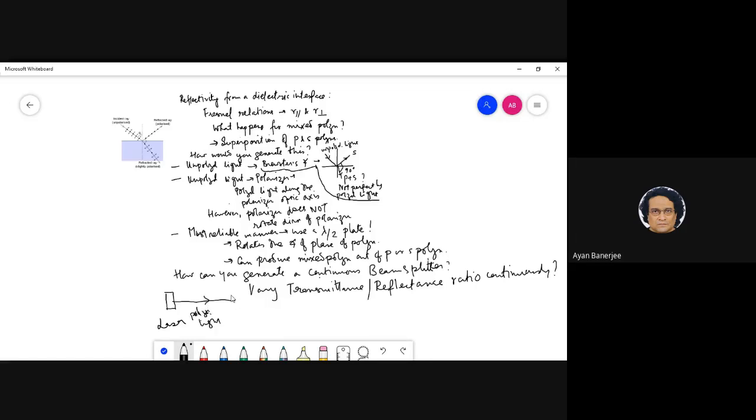So basically, let me just make this the mirror. This is another mirror. Now I have space. This is the way I deflect light. I want basically to create continuously of this. How can you reduce this rubberness? Yeah, okay. So how do you think I can create a continuously varying beam splitter?